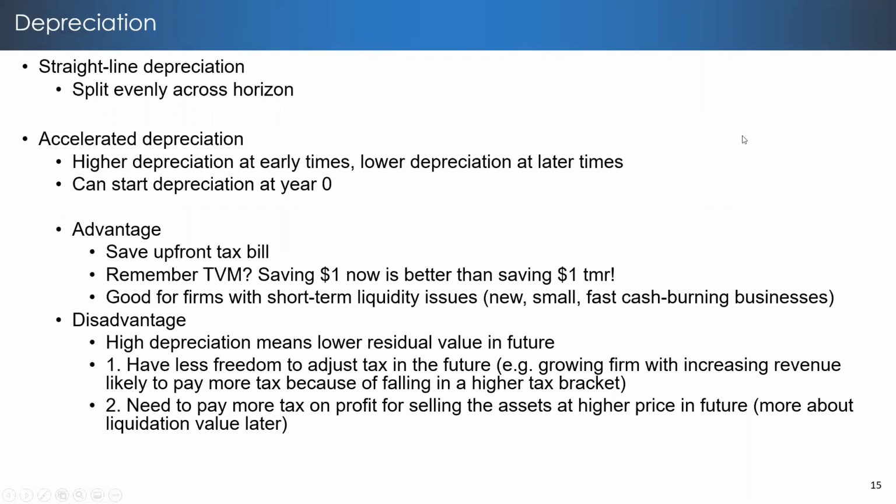It's not fair to always have brand new equipment throughout the years. One way to adjust for depreciation is to use the straight line depreciation method. Another method used by a lot of companies is accelerated depreciation,